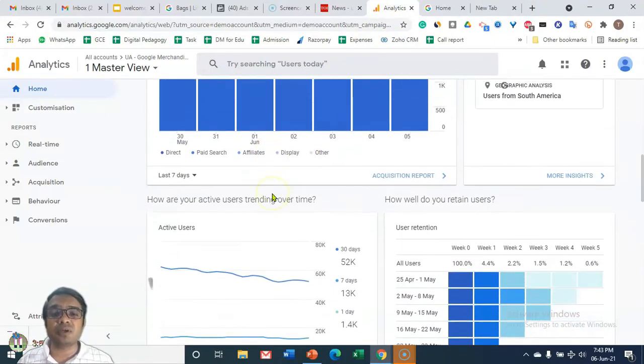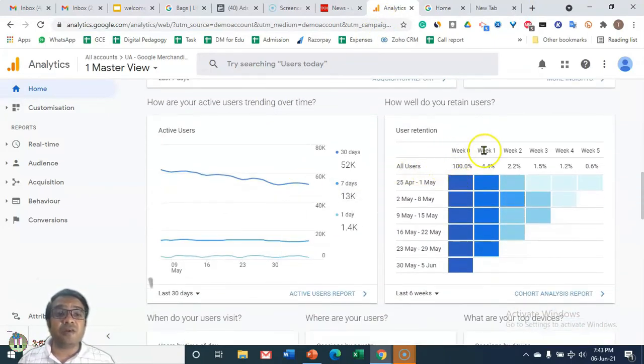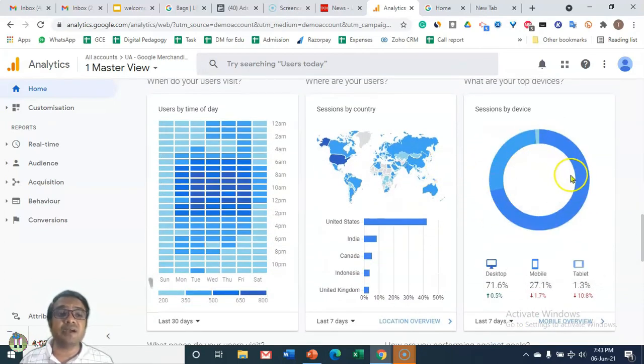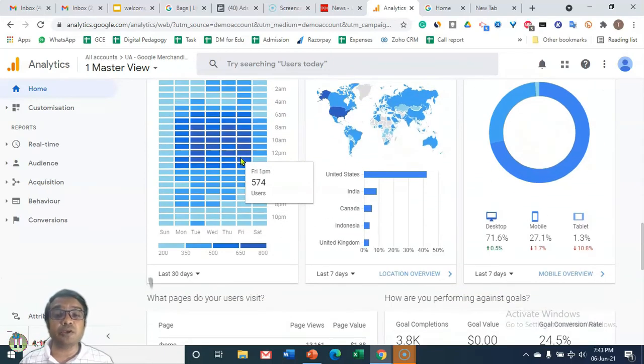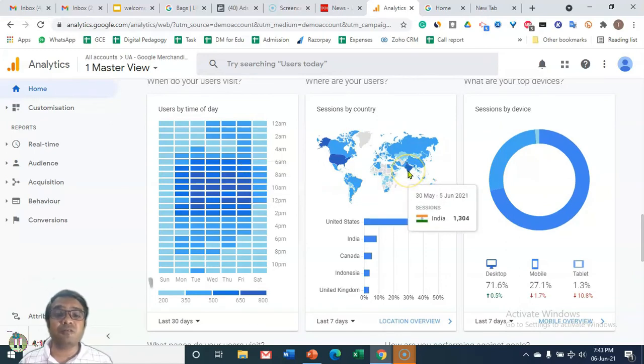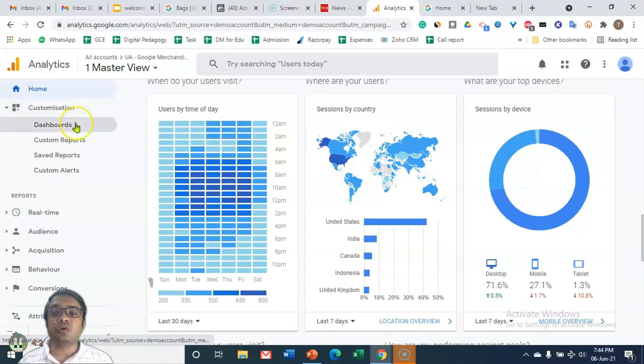So from where your customers are coming, again we can see the time frame, in which week you get most of your customers. And if I go down, we can even see by devices, from which devices they are coming, mobile, desktop, country. We can even see by time frame, morning, evening, night. So lots of information is available, and based on this you can take some business decisions. For example, if you find many of your customers are coming from a particular city in India, then possibly you can identify what you want to do with that city. Now again, customization. Customization means, for example, whenever you are creating any customized report, all those reports will be available in customization.